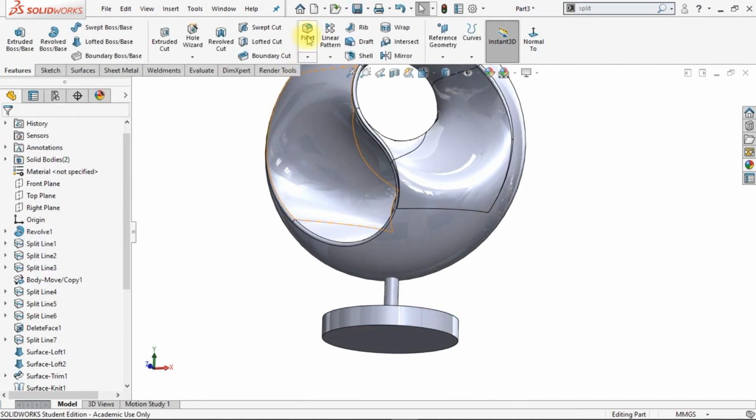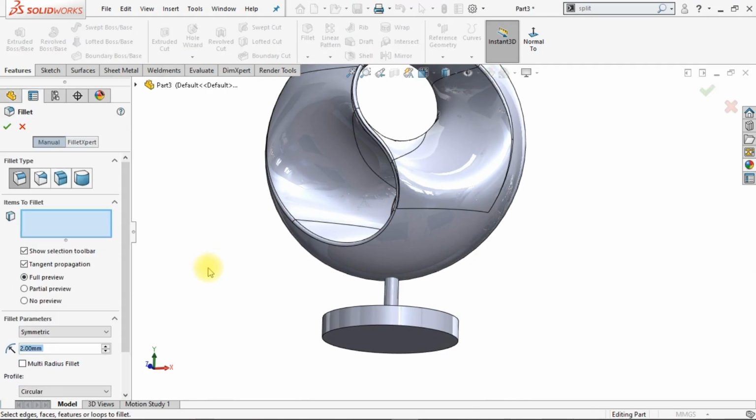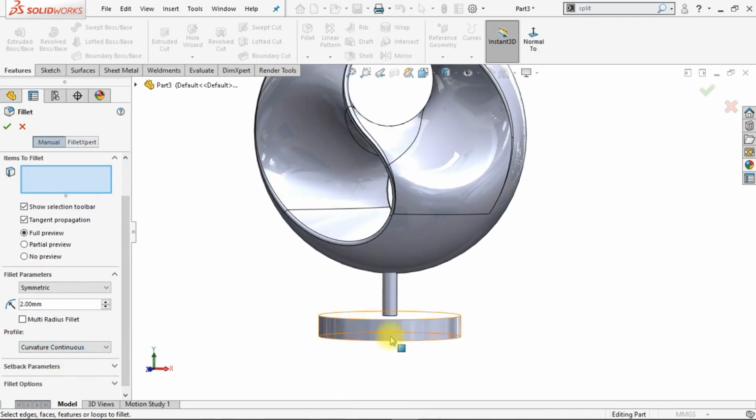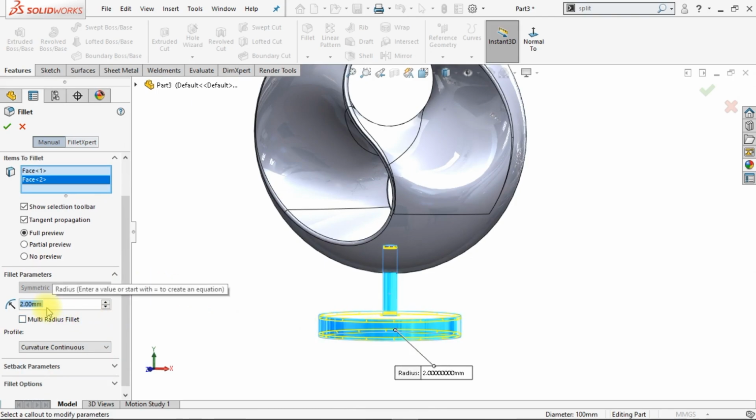So now fillet it to here, the value should be curvature continuous, this one and this one, it should be 5, let's say. Okay,